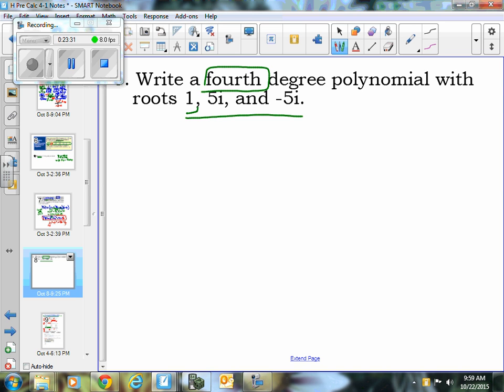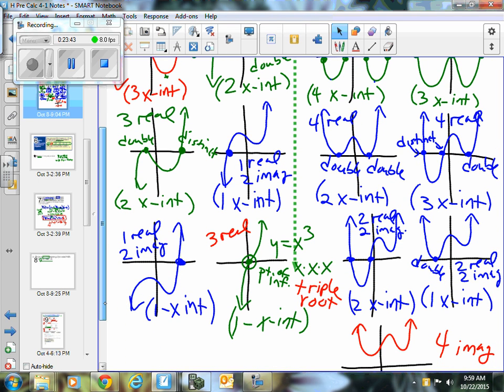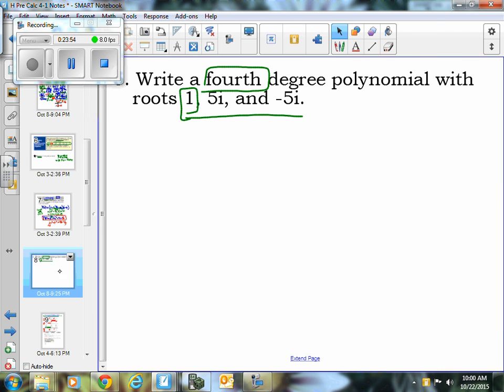you have one of them that's real. What has to be going on? So I'm only going to have one x-intercept. If you look back at your pictures, 1 x-intercept with a degree 4, I know we have a ton of them here, 1 x-intercept with a degree 4 is going to have to be this situation right here. We have a double root happening. That's the only way that this can happen, because if you know you have 2 imaginary,